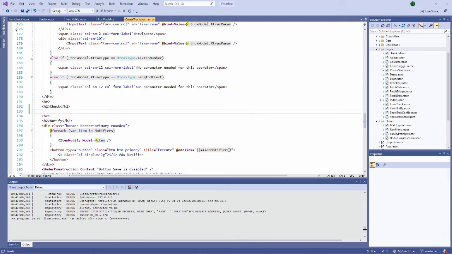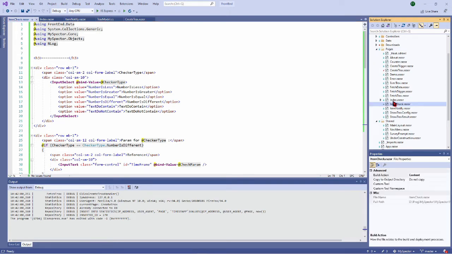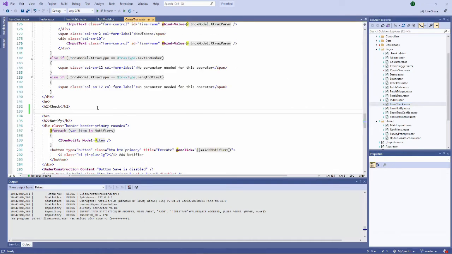Now that it has been done, I'm going to reference it. So to reference it, by default, when you create a new component in Razor, it is available as a component with the HTML tag with the name of the module which has been created. So here it is item check. You see the file name is used, in fact. When you create a Razor file, the class with the same file name is generated. So item check is available, and I can use the create trox and create item check. Item check like this.